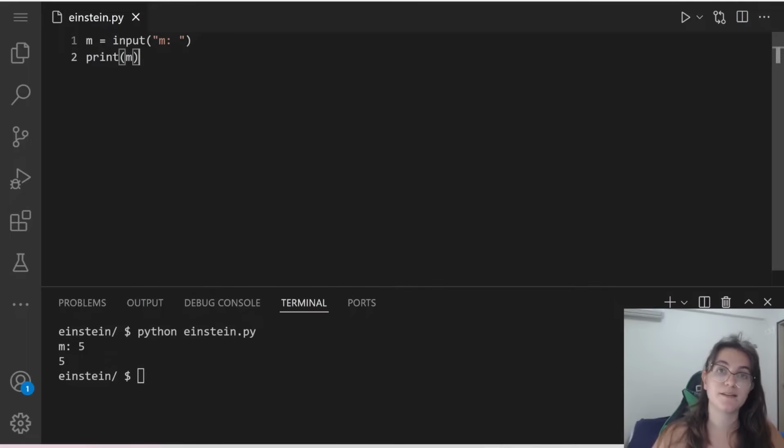But there's something that we have to be aware of. Every time we use the function input, the answer of this function will be stored as a string, okay? So how can we check this? If we do m multiplied by 2,